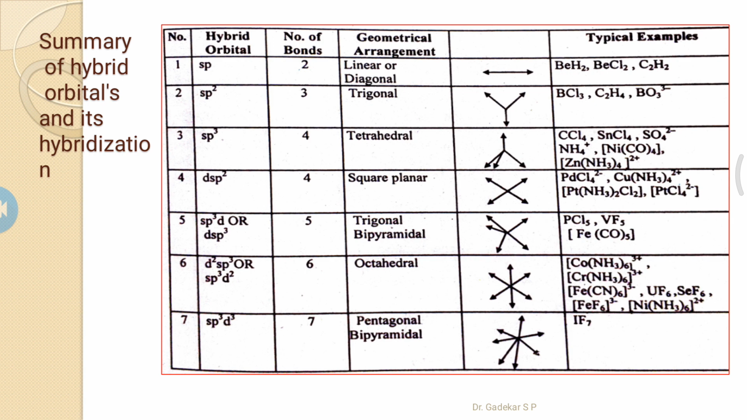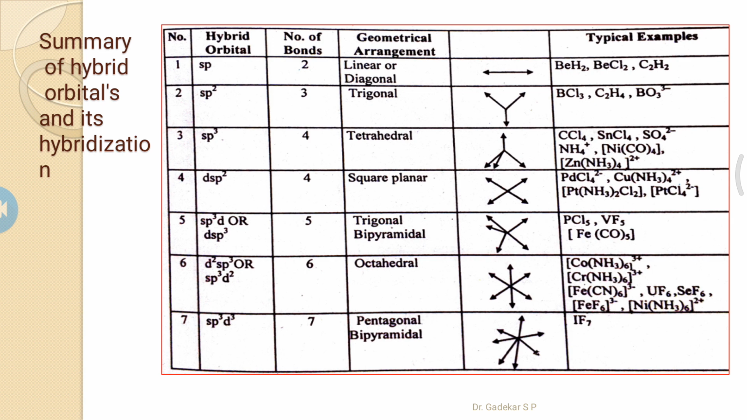tetrachloropalladium, tetraamminecopper, cisplatin, dichlorodiammineplatinum complex, okay, etc., involve dsp2 hybridization. Fifth example, sp3d or dsp3 orbitals are involved to form sp3d or dsp3 hybridization, which involves 5 bonds, trigonal